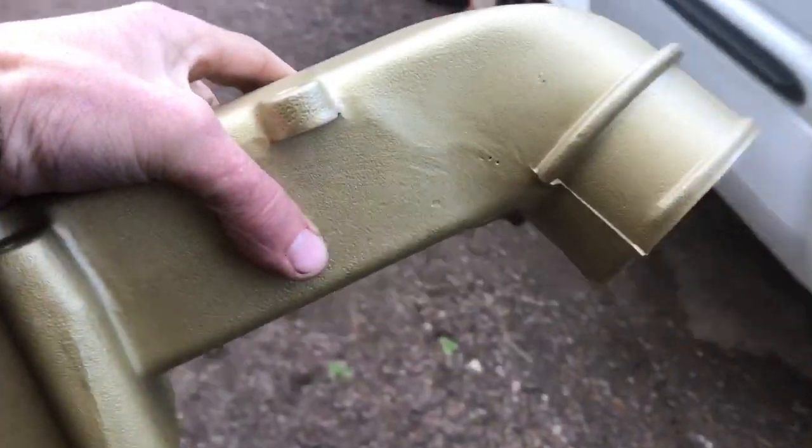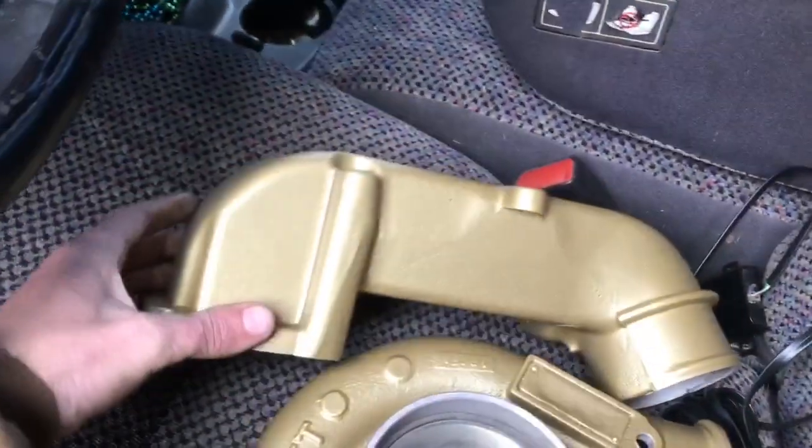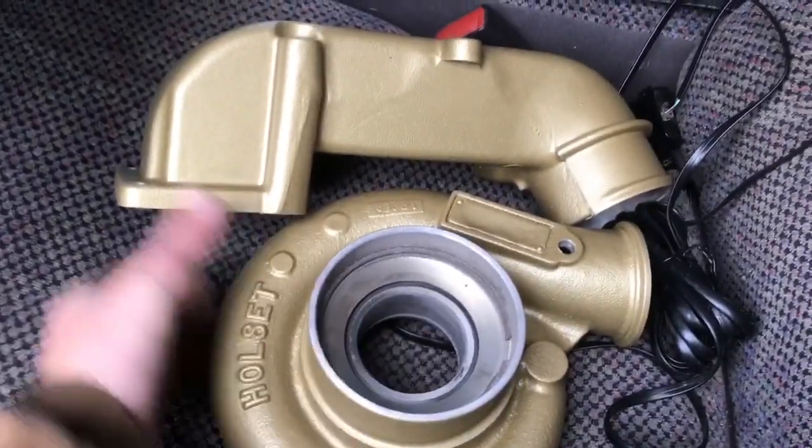The elbow off the turbo. This is the intake horn, obviously. They came out really good. Perfect gold, the gold that I like. Matches this. Look how cheesy I am. Gold. Alright guys, so we're just gonna pop the hood real quick and kind of wrap this video up and